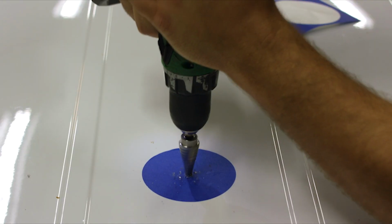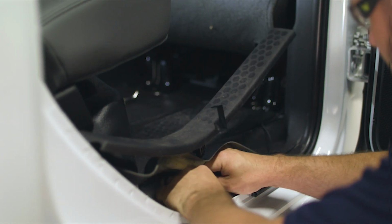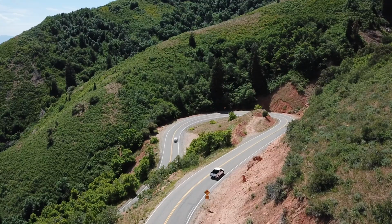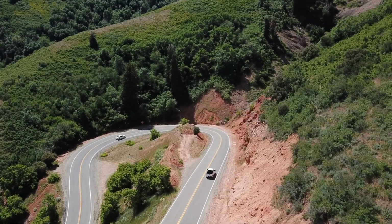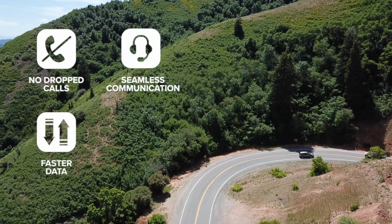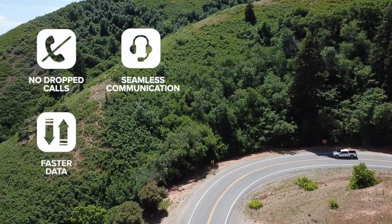The Drive X Fleet is designed for professional installation, giving you added reliability while leaving your vehicle clean and clutter-free. Enhanced cell signal coverage throughout your fleet means improved communication between your team, finally putting an end to dropped calls